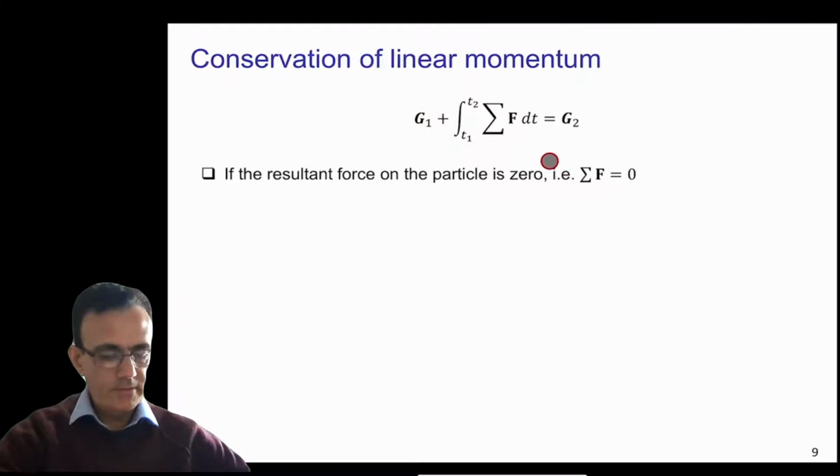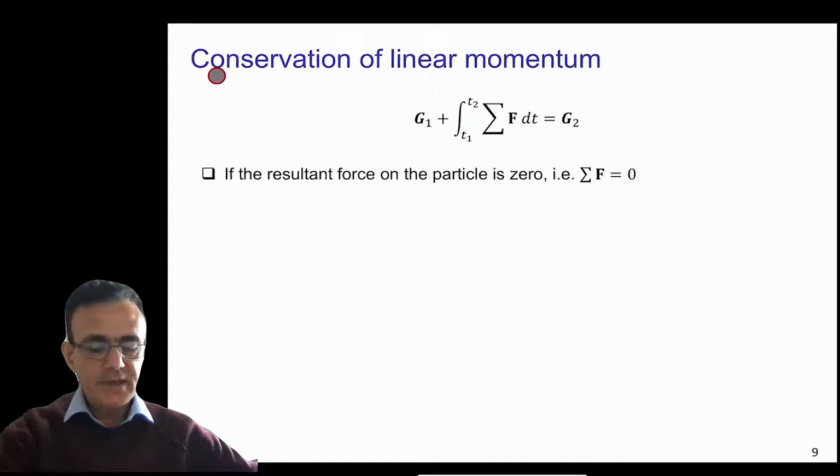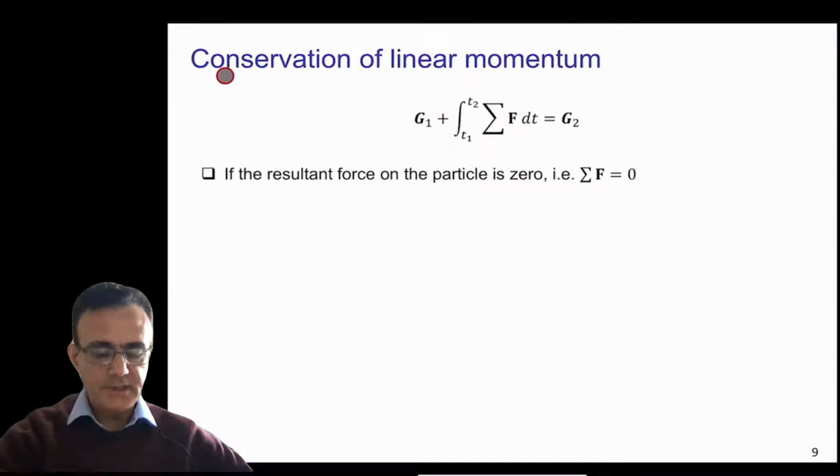Okay, so finally we can also talk about the conservation of linear momentum here. You may have heard about the conservation of linear momentum. So what does it mean? If you consider again the impulse momentum principle, which is G1 plus impulse equals G2, and assume that you have a body with some initial momentum G1,